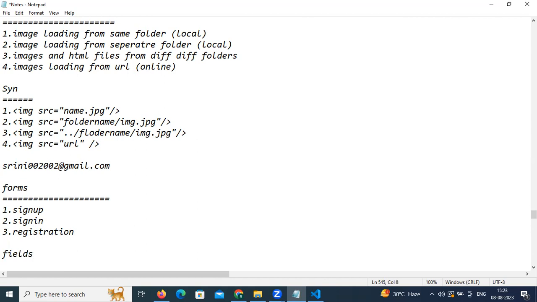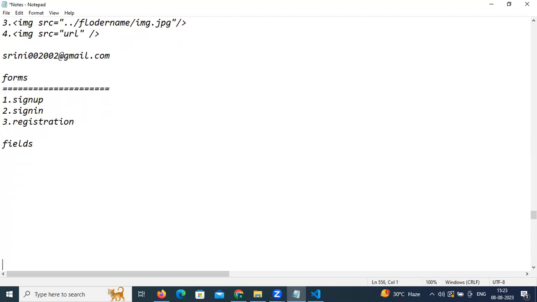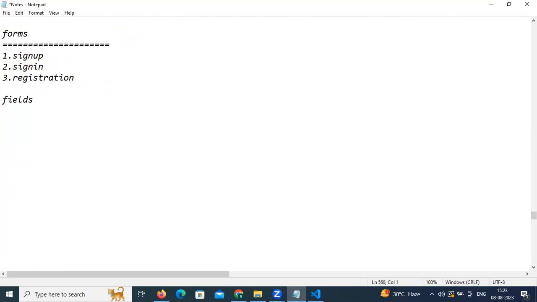Any form you take, a sign-in form, a sign-up form, a registration form, every form will have some kind of fields. The technical word for the box is called a field. Is it correct? For example, if I want to create a sign-in form,